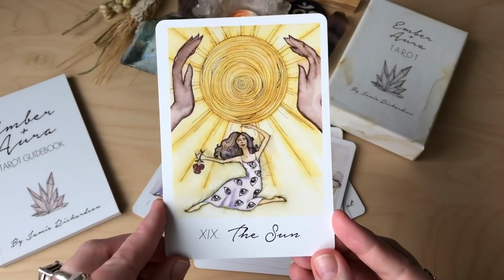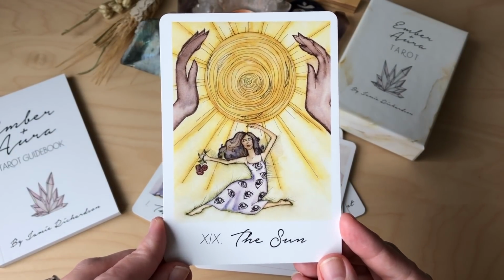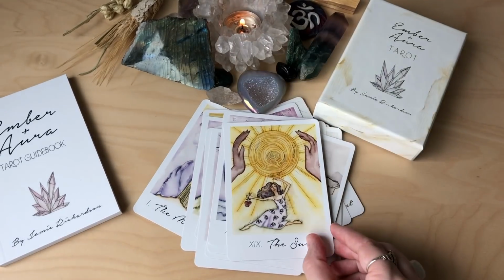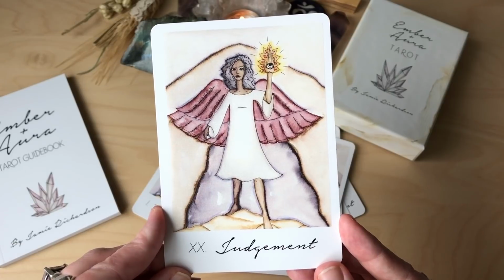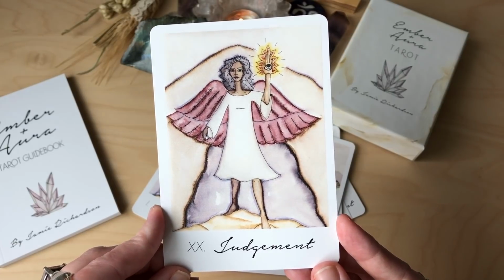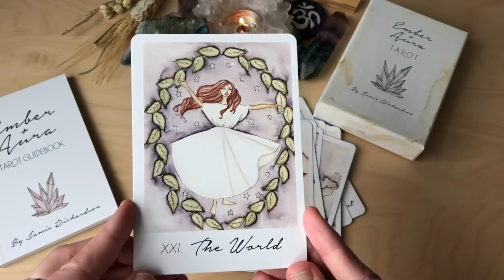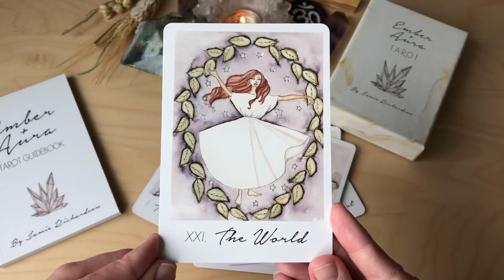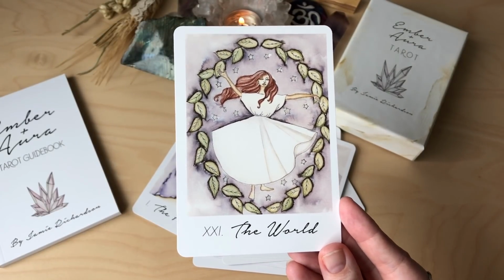The Sun. So this is an indie deck by Jamie Richardson. I do love to send a lot of love to the indie creators. Judgment. The World. I can see this deck being really good for people who may not totally get the